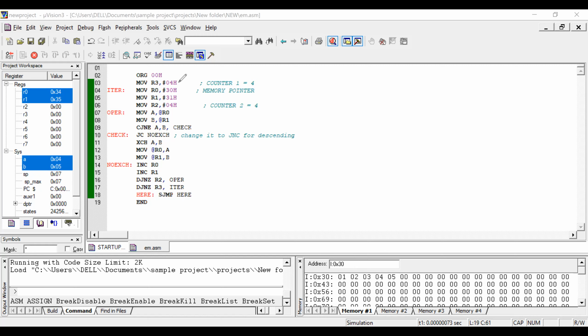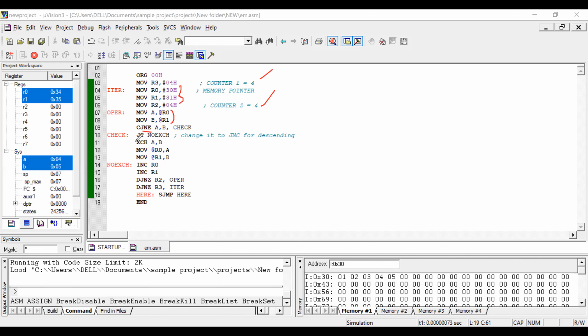So understanding the program. So logic I have explained using flowchart and the table also. So they are taking two counters, okay, and they are initializing memory location. So this location data they are taking into accumulator and B register and comparing. Once compared, they are checking whether there is a carry.